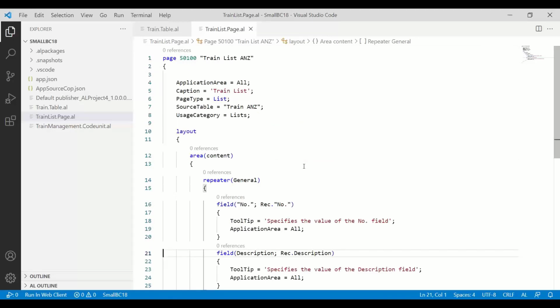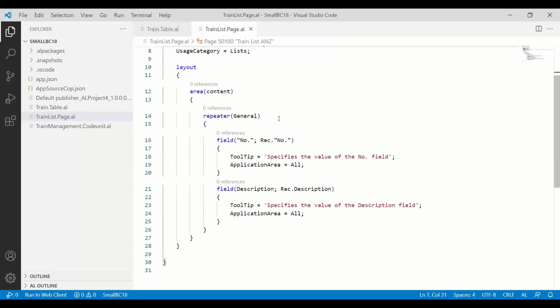Yeah, you can use them for other objects like queries, like reports, like XML ports. The next thing that you might want to use later are CodeActions. I created a few CodeActions that you can use. One of those CodeActions that I use frequently is add multiple fields. And this CodeAction is available on group nodes, and it will add multiple fields just at the beginning of the group, but I can also do it on a field, and then new fields that I select will be added after that field. And this CodeAction is available on pages, on reports, on XML ports, on queries,